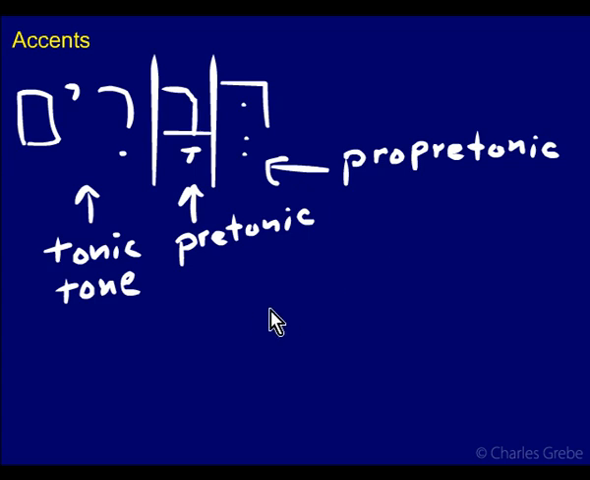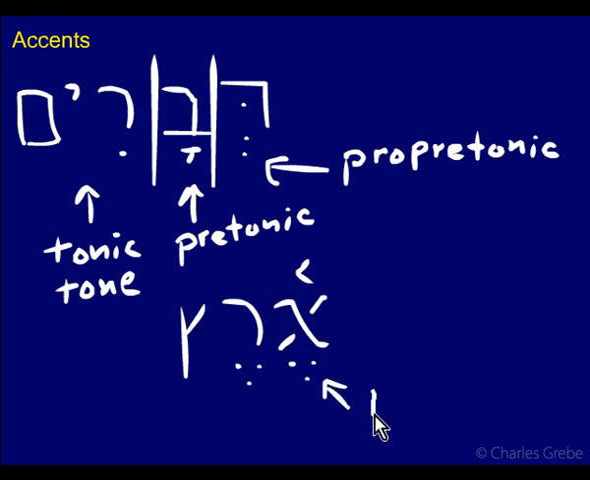Now if you have a word, we'll look at eretz, which we've already looked at more than once. Eretz is a word that has the stress on the first syllable, not at the end. So now this is the tonic syllable. And there is no pretonic or propretonic syllable in this word. Syllables that follow the tonic syllable aren't named that I'm aware of. So if you want to find the tonic syllable, if it's not the end syllable, it's the one that has the